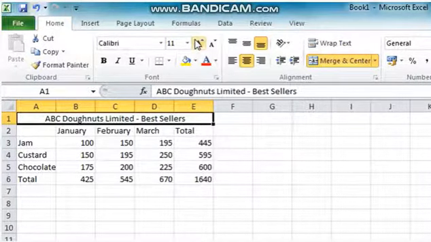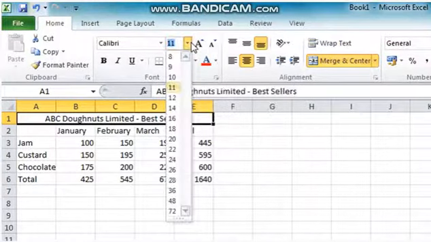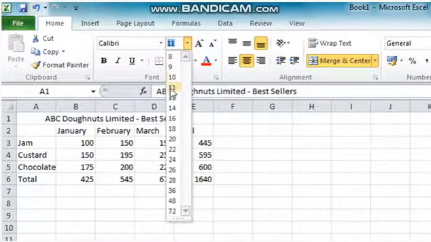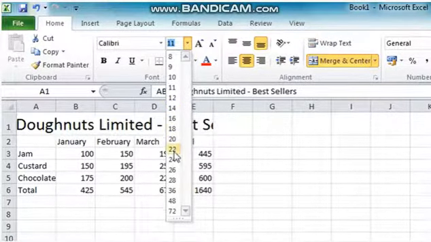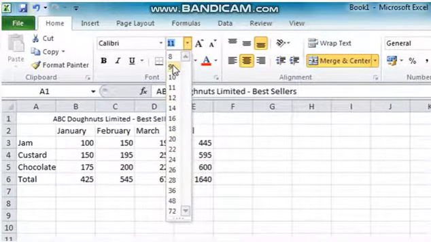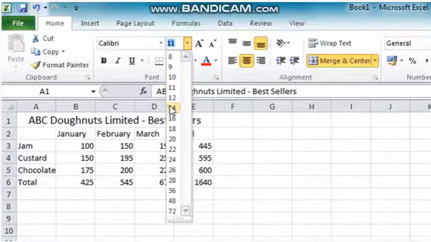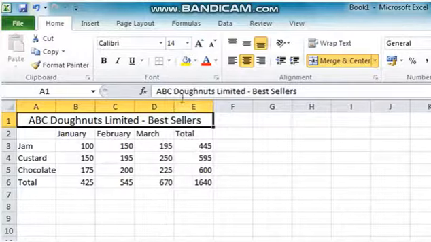I can then increase the size of that a little bit by clicking the drop down arrow on the font size button there, and as I move the mouse down the numbers you will see that I get an instant preview, so I can see if I select a size that's too big or too small before I actually click on the appropriate one. I'm just going to choose font size 14 for now, and also apply bold formatting there,